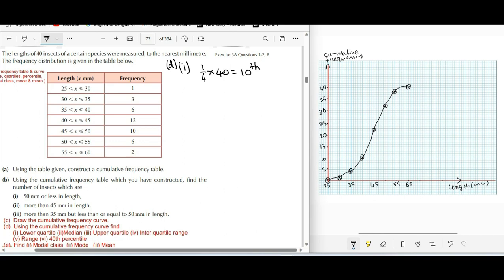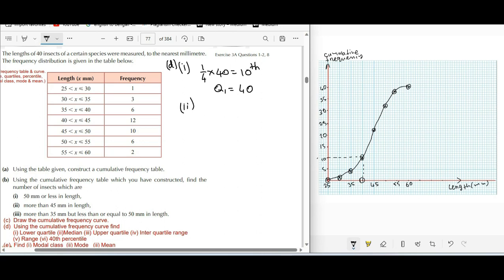Now from the graph, you know the cumulative frequency 10, and you just simply need to find the value of x. That would be the lower quartile. So your Q1 would be 40,